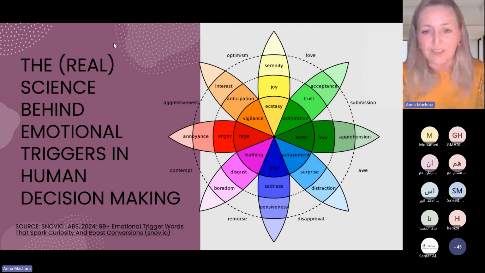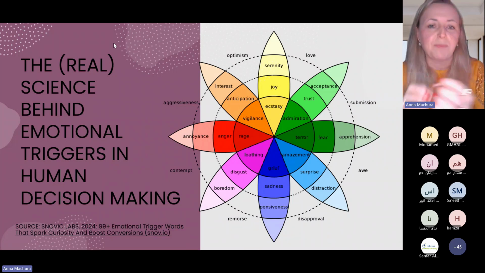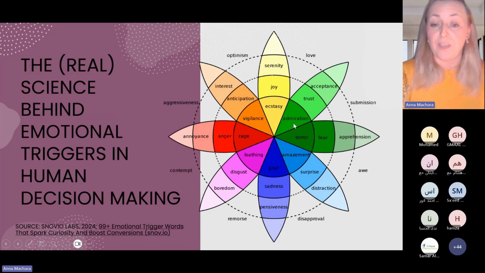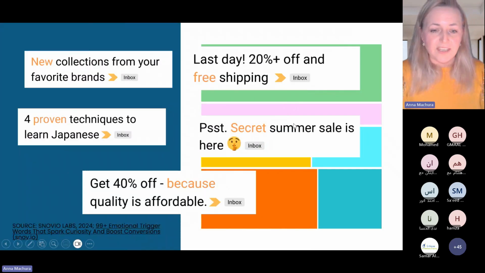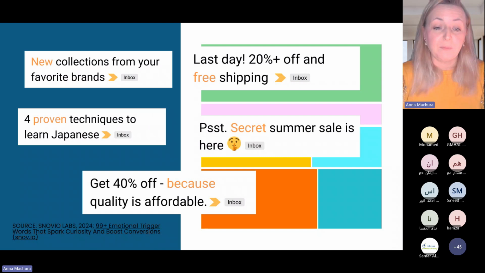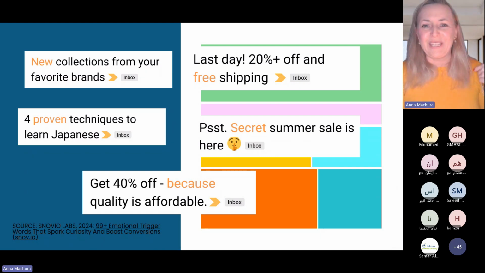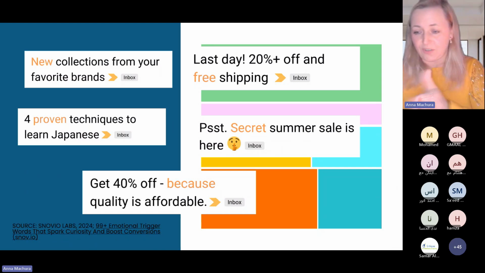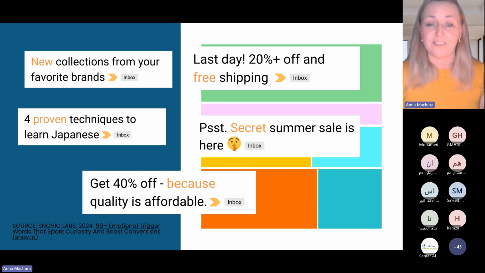Let's talk about which emotions work for you. Is it disgust, anger, joy, fear, surprise? Which one are they tapping? If you're reading a message that says, for example, because quality is affordable, it's definitely your logical thinking. You're a person who likes to have facts. Yes, that's reasonable, that's good, I go for it. That's a good decision.